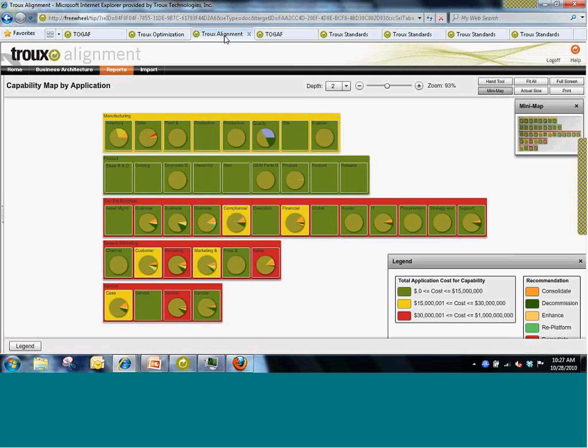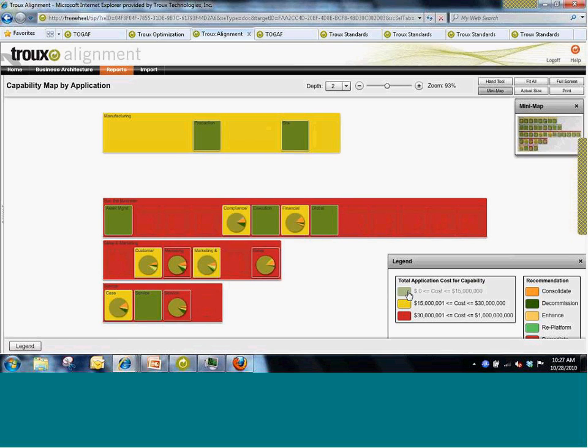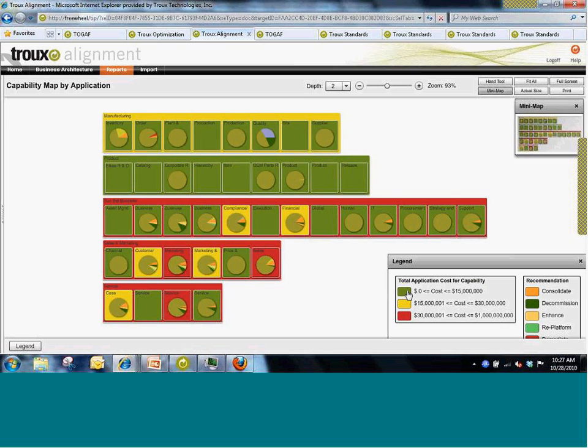This was created using Adobe Flex and is available through our web interface. It's worth pointing out a number of important visualization and navigation features of our rich web experience. Let me just touch on these. Of course, we have a legend as you see at the bottom. This actually gives us the ability to filter, looking for specific information. So, for example, if I only want to see capabilities that are particularly expensive, I just eliminate those that are cheaper and keep only those that are particularly interesting to me by using the filtering legends.